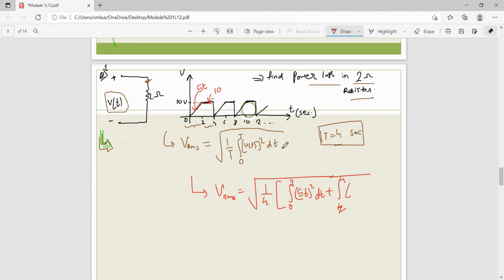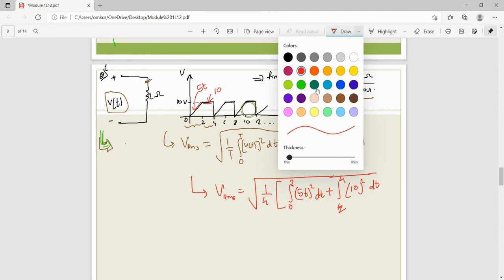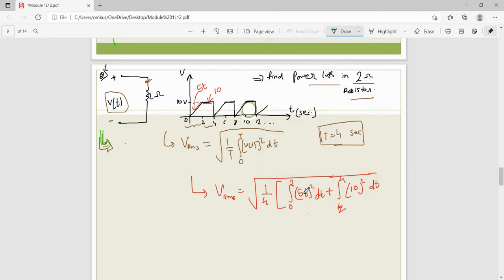And what is the slope of that? That is a constant, which is given here as 10. So take 10 squared, multiply by dt, right? When you solve it, first of all you have to take the square of that, which is 25. I directly wrote it here. Now I hope you can easily solve this.